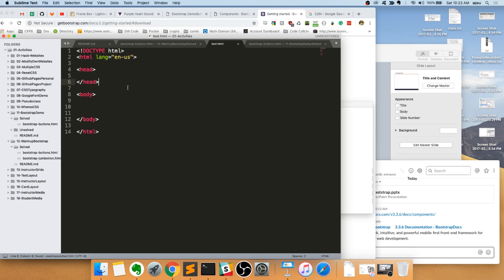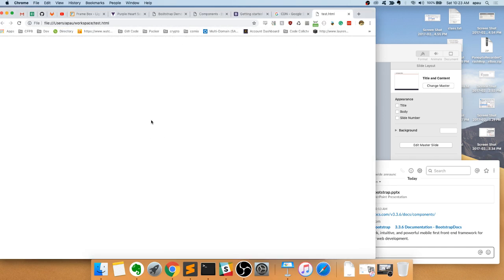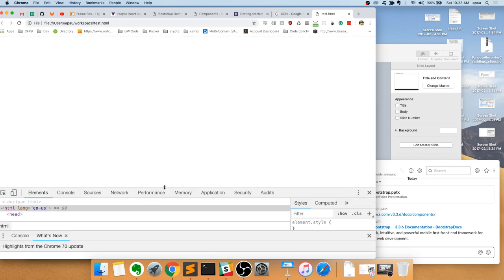So this at its core is a simple HTML template. When you open this up in your browser, you're going to see nothing, because nothing is actually being written on the page except for the HTML core tags. When you do inspect,